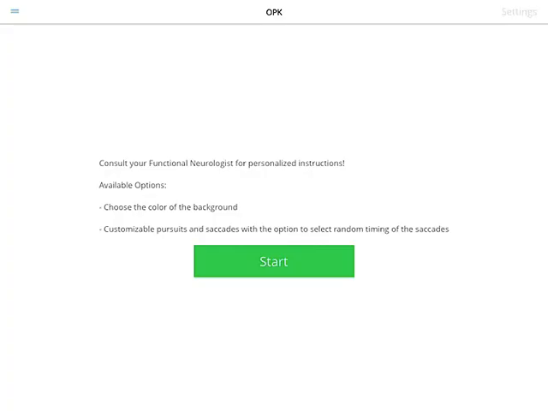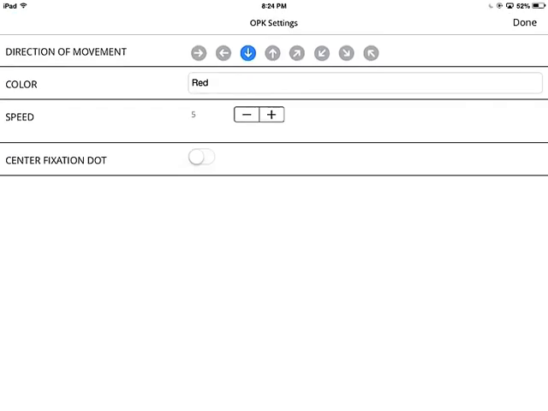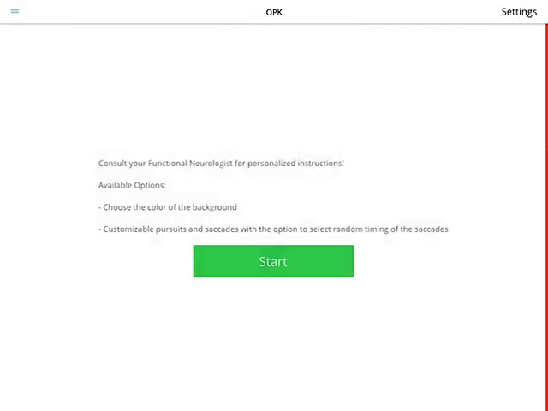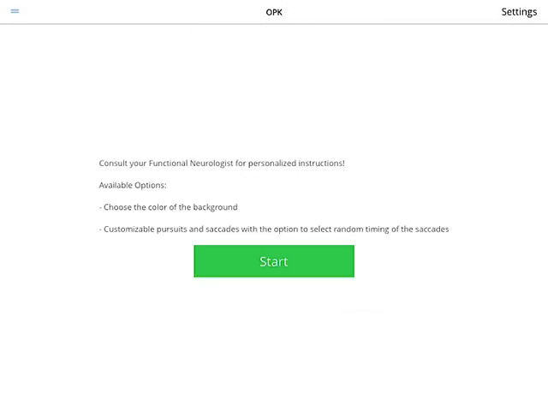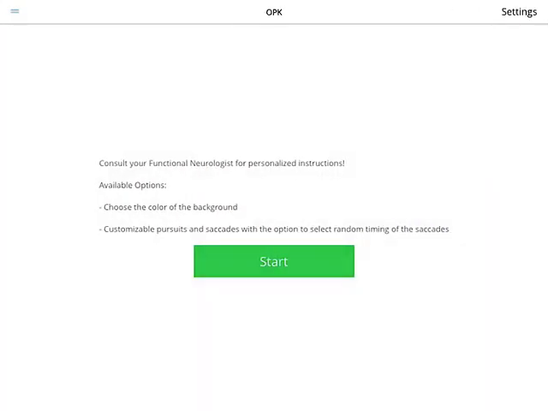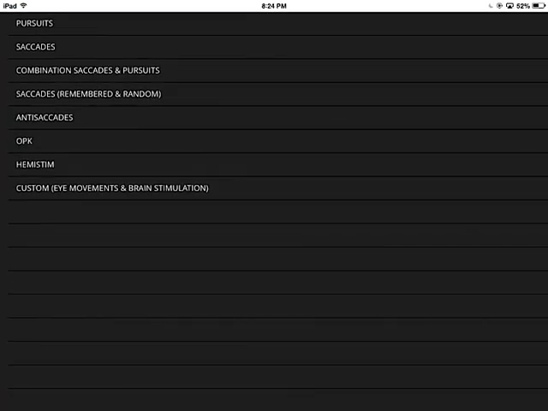OPK, still working on that one, but it is functional. Got a few things to add there that'll be pretty simple, but you can have the center fixation dot on or off. So let's keep it off for now, but there's your OPK. You can make it go in any direction you want, and if I want to put a fixation dot in there and just change the direction here, there's your fixation dot right in the center, and that could be very useful. Hemi-stim,